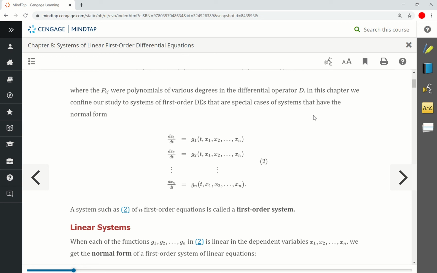In section 8.1, we're going to begin a preliminary theory of linear systems. We're familiar with, from algebra, a system of n equations and n unknowns. What we're going to have now is a system of differential equations. So we're going to have a condition on a function that's called the function g, or maybe the function solution